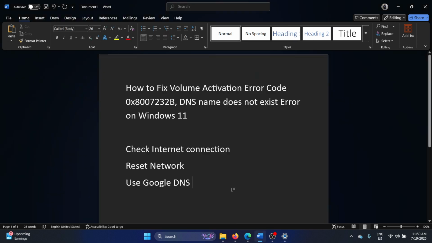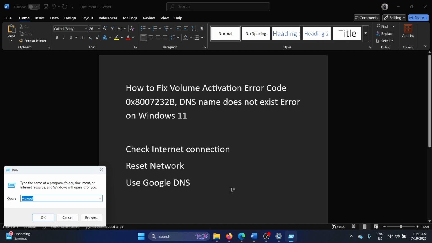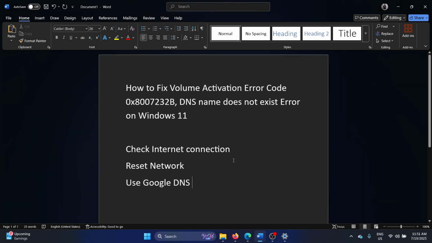And the last solution will be to use Google's DNS. So press the Windows key and the R key together to open the run window. Type the command ipconfig and hit enter. This will open the